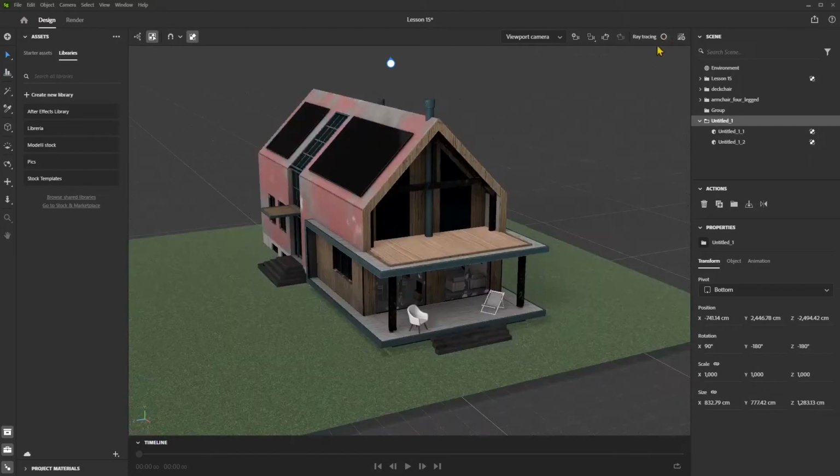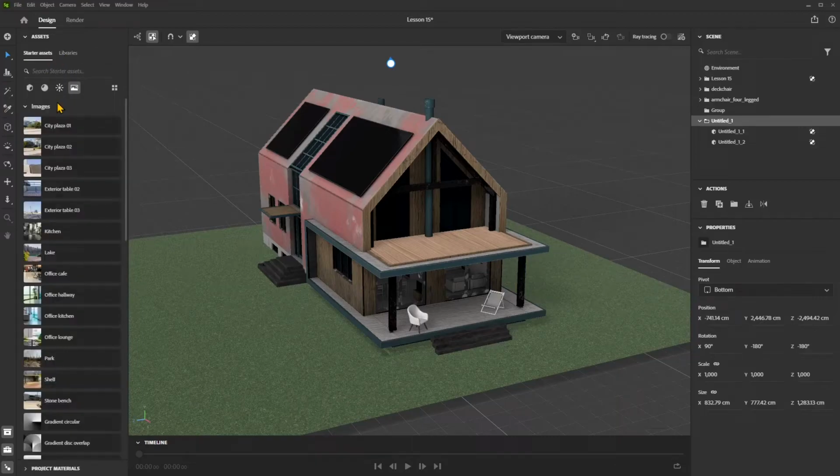What I want to show you here is, let's go here in the assets library. So the libraries, these are your libraries that you can create by downloading stuff from Adobe Stock or Adobe Marketplace. You can save and use this as your libraries for After Effects, Photoshop, and so on. You can share the same libraries with all the Adobe